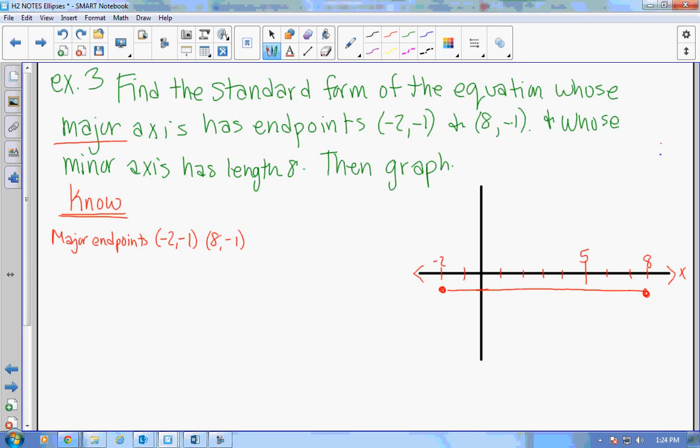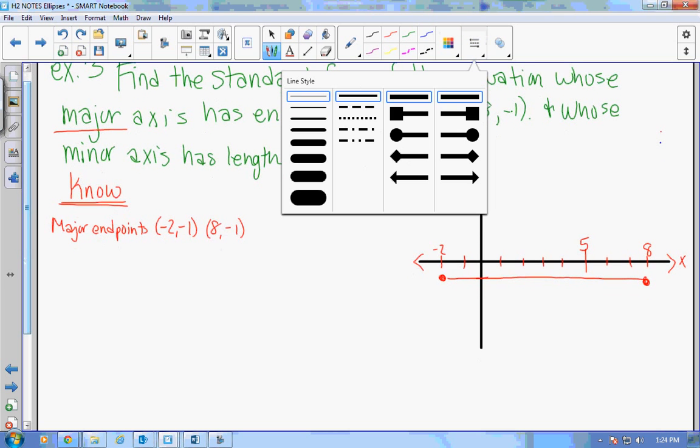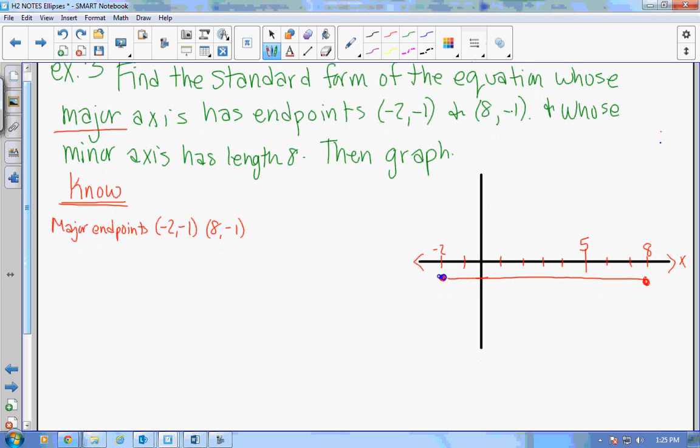(3, -1)? How do you find that out? The halfway point. We find the midpoint. We have symmetry, right? So we find the midpoint. To find the midpoint, if it's not as easy as this one to eyeball, you just average. So the only thing that changes is the x's. The y's have the same height. They're both at height -1. So to find the midpoint,